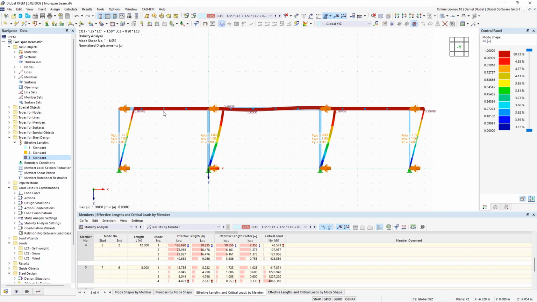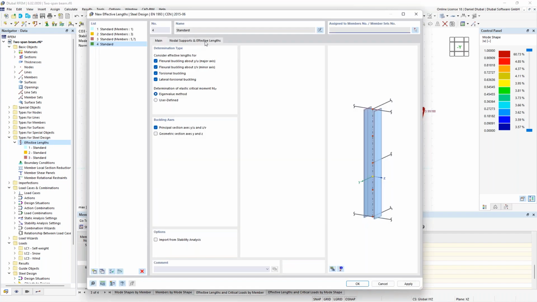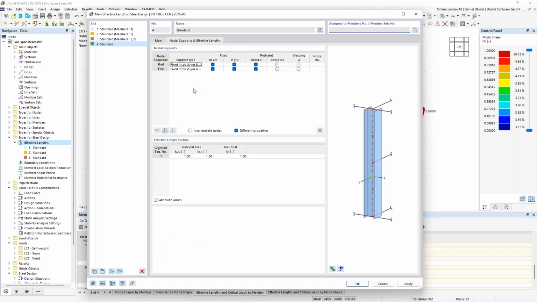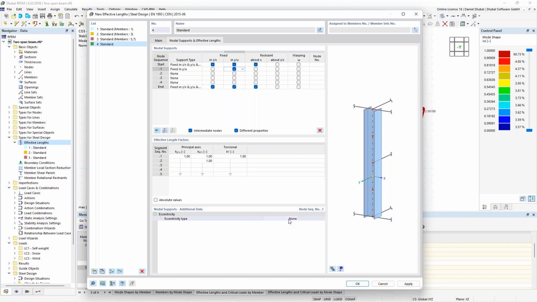I double click on one of this one. Oh no, well, let's do this another way. I go here to the effective length, create a new effective length, and say, okay, the nodal supports should be automatically detected by this member. So now you see here, okay, we have here different intermediate nodes, and I don't have to put them manually. They can also be detected automatically just by selecting the correct member. Now I want to have a lateral support, so activate here the fixed in Y direction, the upper flank,